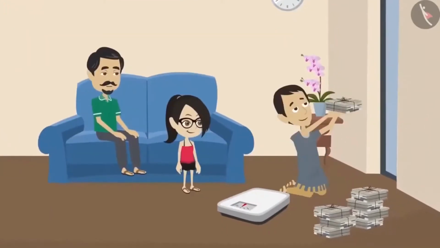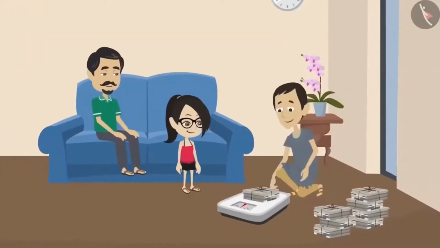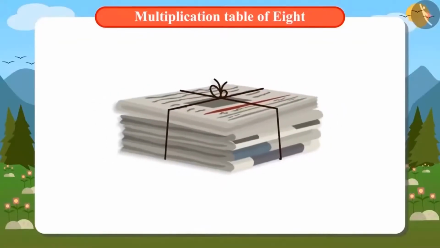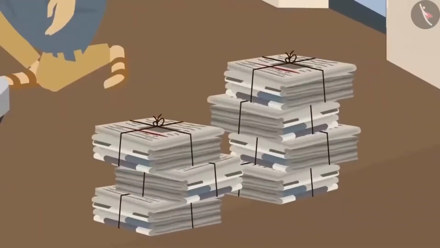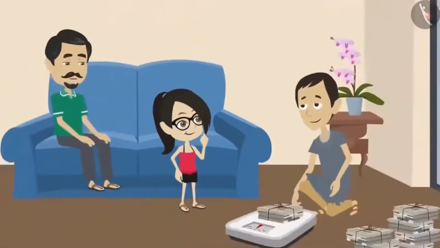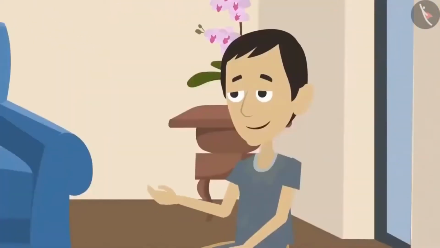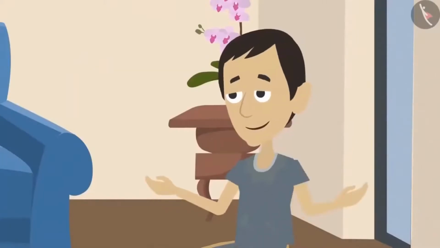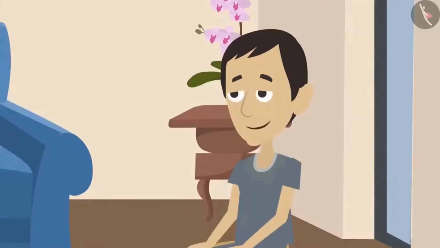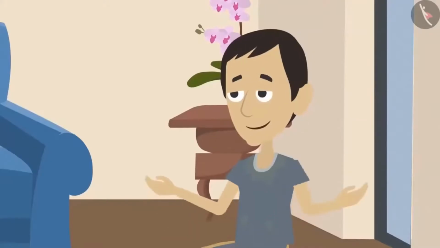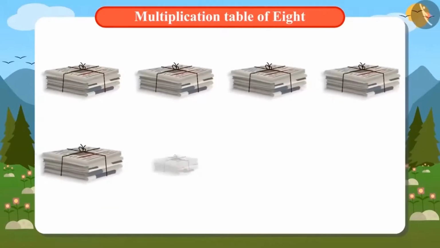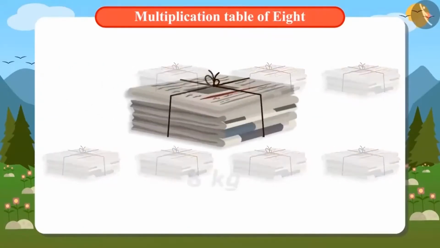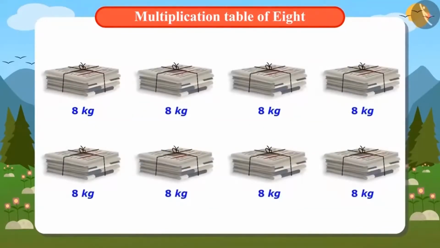The scrap dealer puts 1 bundle of newspaper on the weighing scale. Let's see what is the price of 1 bundle of newspaper. 1 bundle of newspaper weighs 8 kilograms. Now let's weigh the remaining bundle as well. Vandana wants to weigh all the bundles. But the scrap dealer tells her that not all bundles need to be weighed. Each bundle would weigh the same 8 kilos. There are 8 bundles of newspapers in total. If 1 bundle is of 8 kilos, can you tell us how many kilos of newspapers are there?